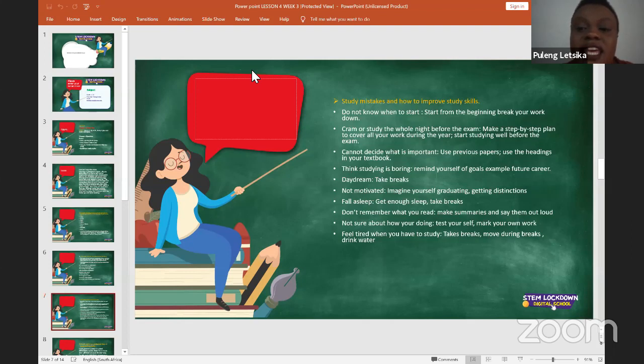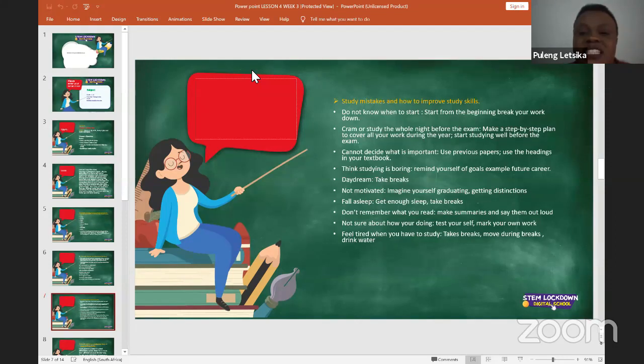Then you mark yourself and do a review to see how well you answered the questions. Then you'll be able to see where and how you can improve. So that is what you can do to make sure that you know how you're doing.